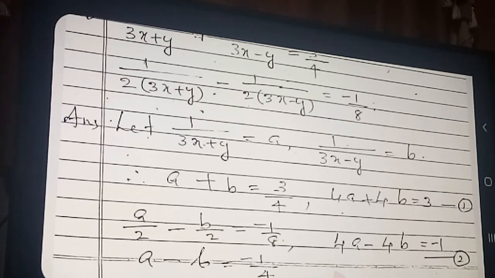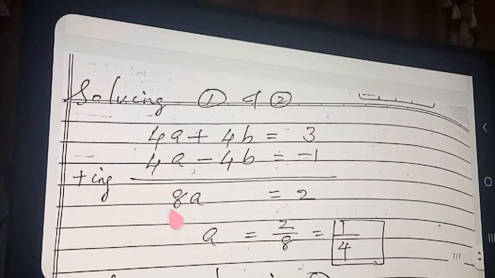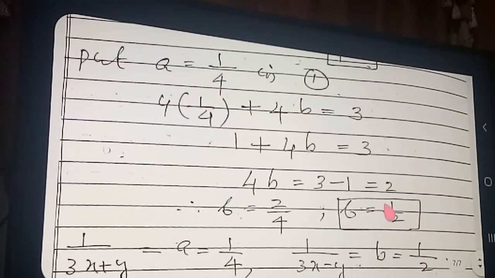So solve these equations again. Solving here, very clearly you know plus 4B and minus 4B is there. So adding the equations you will get the value of A. See here. When adding, when subtracting, I told you, opposite sign coming you add, same sign coming we have to subtract. 8A is equal to how much? 2. Therefore A is equal to how much? 1 by 4. Then A is equal to 1 by 4. We substitute in any equation. So what you got as the value of B? B is 1 by 2.